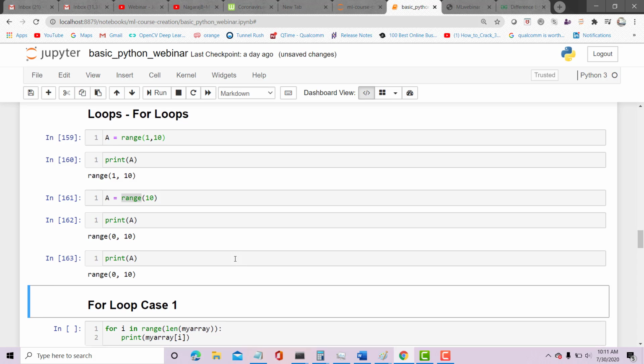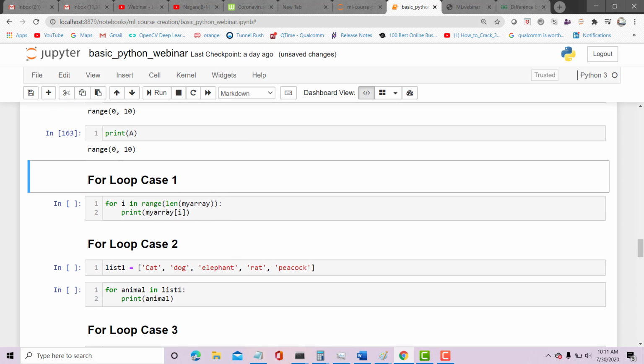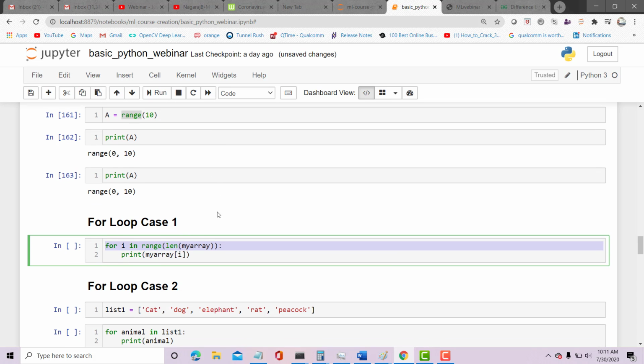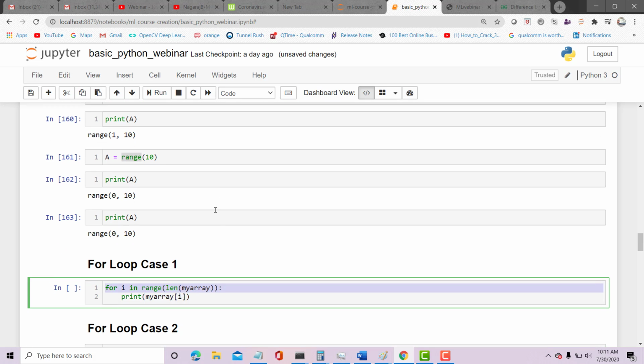Print A, range 10. Okay, so now the first case of for loop: for I in range length of my array, print my array. So what is my array?